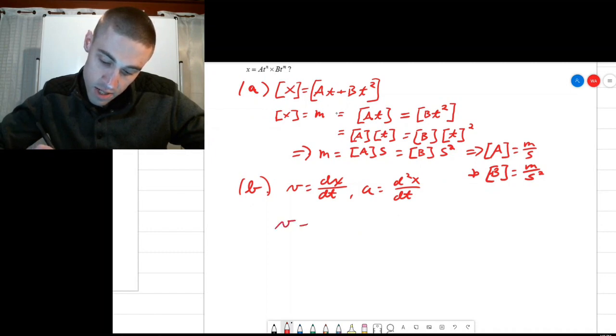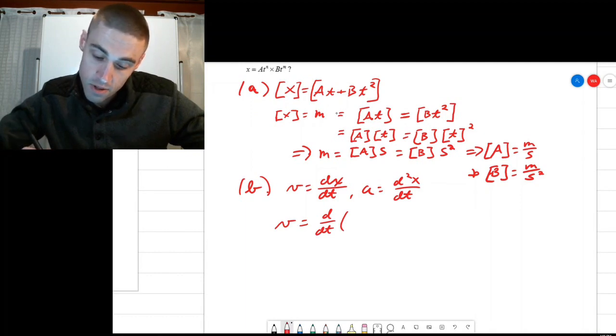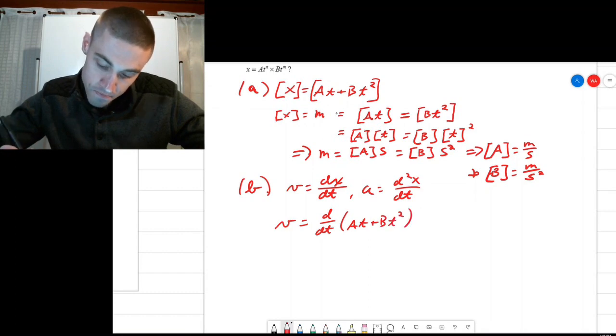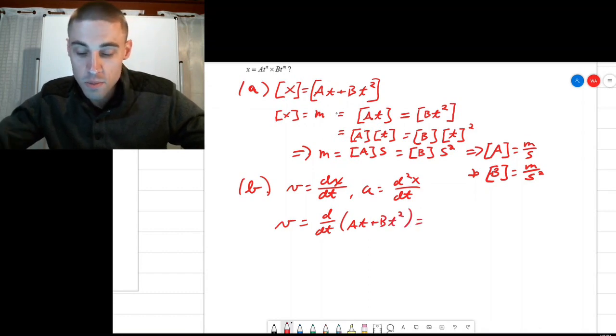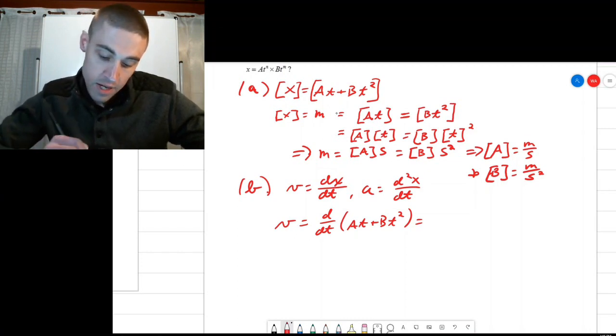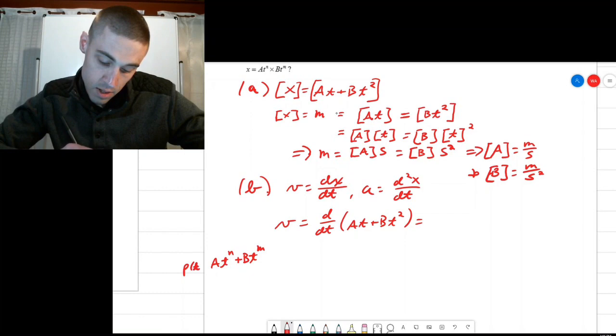First, let's just get the velocity. So let's take the time derivative of the position versus time curve, which was a t plus b t squared. You remember from the polynomial formalism from before that if you have some polynomial a t to the n plus b t to the m, you can take the derivative of that polynomial,